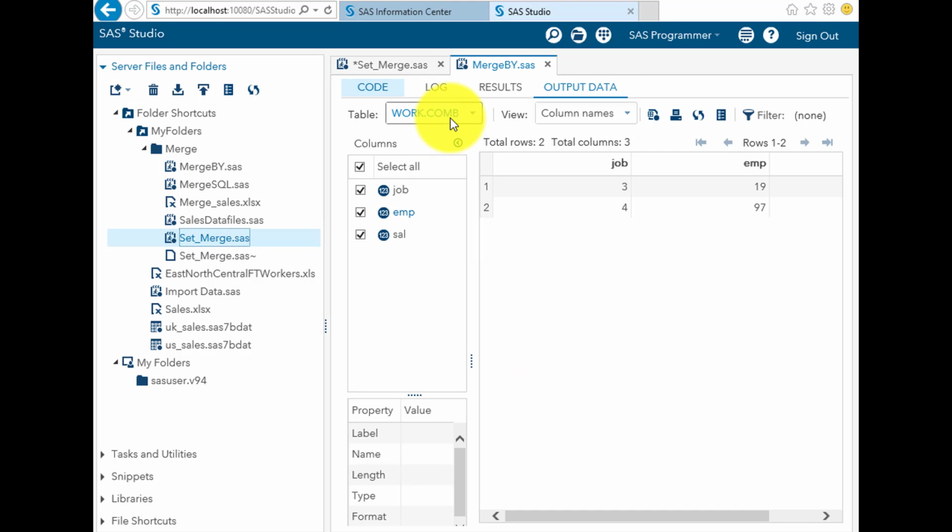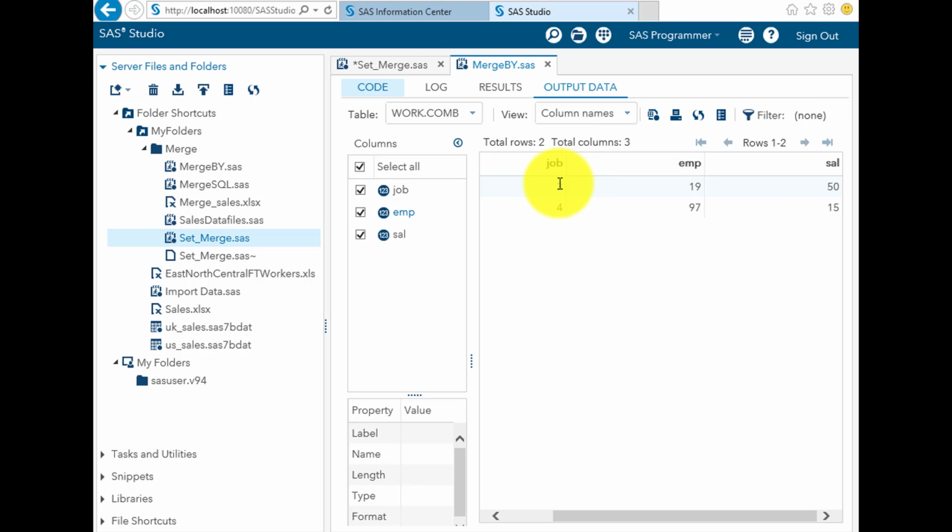Okay, so the COMB dataset has been created and only two observations are over here. Job, EMP and sal are the column names: 3, 19 and 50, 4, 97 and 15. So this way it got merged: from one it came job and EMP with the same job ID, and then there it was job and sal.